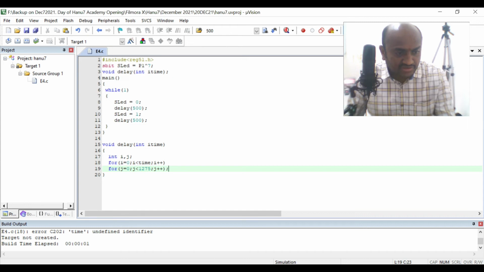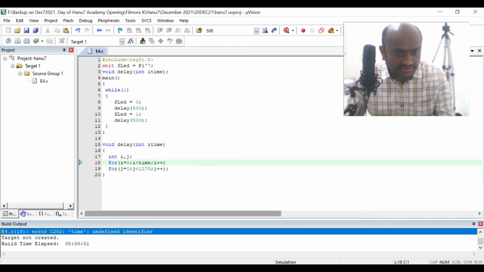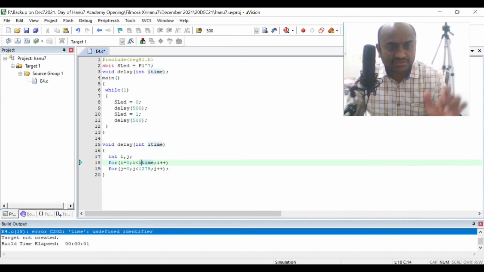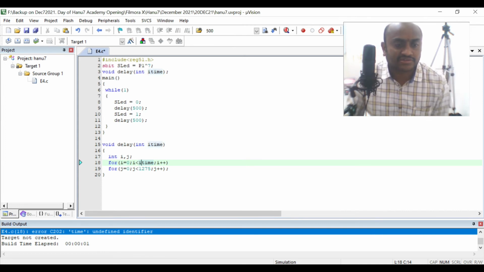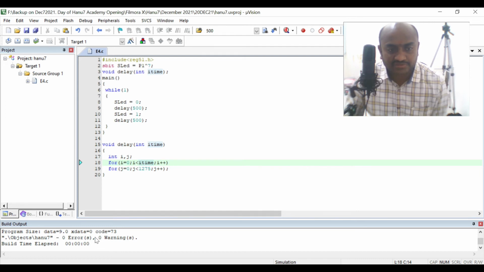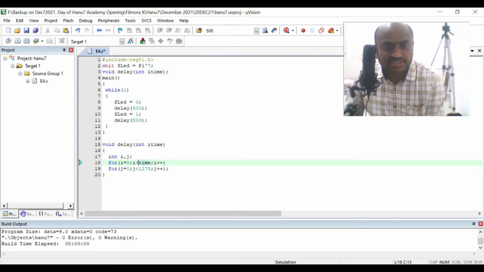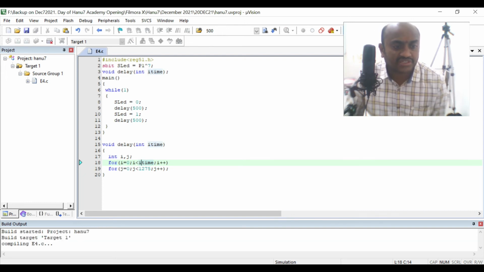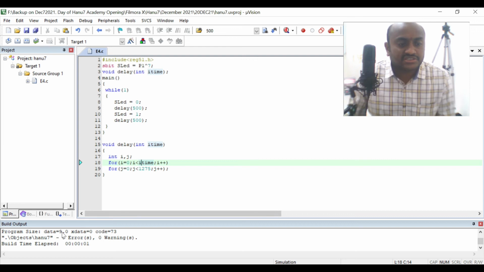So again we got some error. Here I is missing, so actually itime should be the key character there, and then it is missing there, so we got error. So now I got 0 errors and 0 warnings. Okay, so I made a small mistake. Instead of typing the same name itime, I gave time, so that's why I got error. Okay, so you can see that 0 errors, 0 warnings are there.